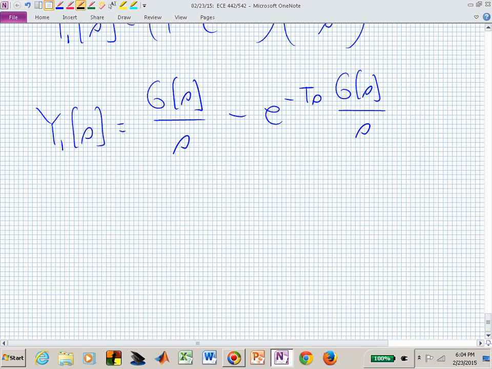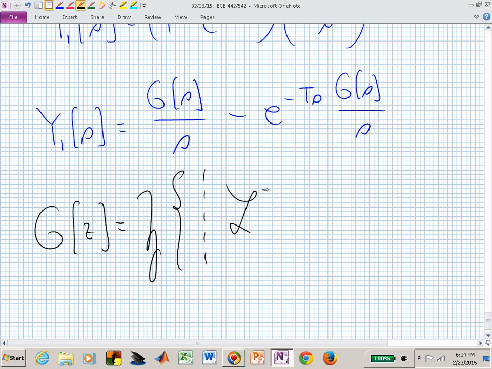And here's what I'm going to do. G of Z, here's how I'm going to write that. I want to take the Z-transform of, here's my notation, and I'll try to explain it in a minute. I'm supposed to be dashing that vertical line. This is script L inverse